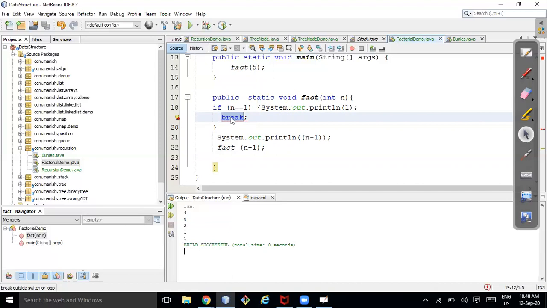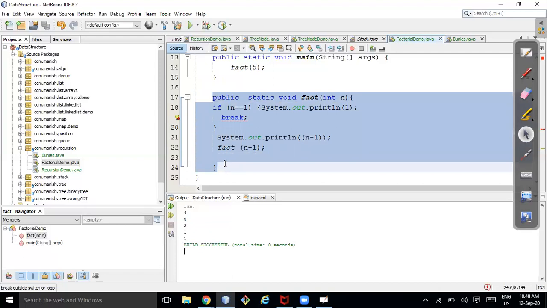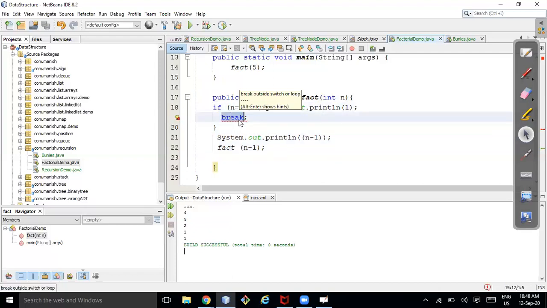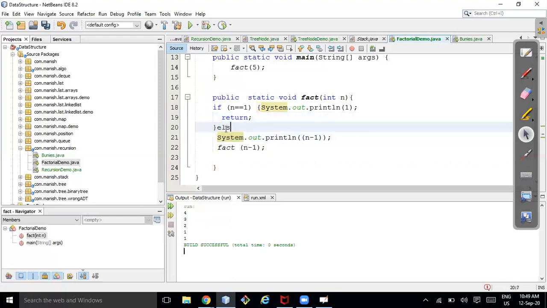You can write break only in case of a while loop, for loop or switch statement. You cannot write break in an if block, or when you want to exit from a function's execution. So you have only the option to write return or exit. Exit will terminate the execution, or you can write some if and else block.